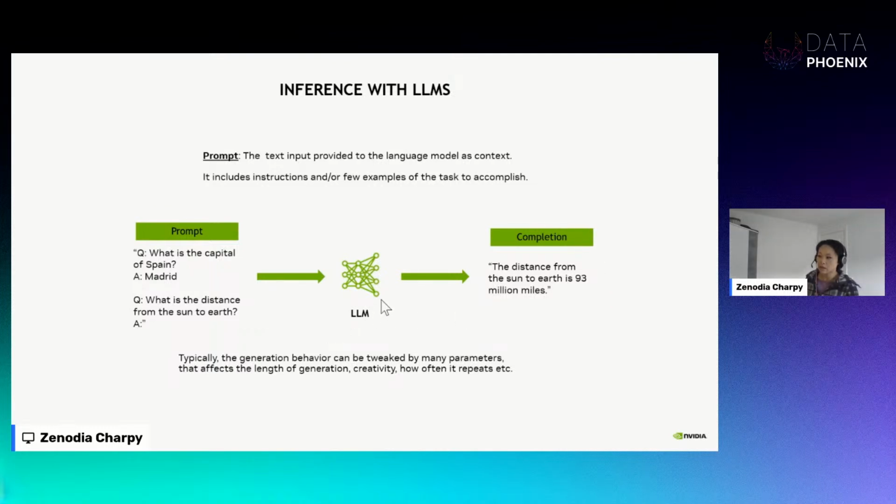There's a lot of things you can tweak when you are making inferences with the language models. There are many parameters, such as the number of tokens you want to generate, beam size, temperature, and so on. In a colloquial way, we say temperature is sort of like creativity. How creative do you want your model to think outside the box and not stay with what you are asking? For example, if you set the temperature high, maybe it will answer something completely different than what you are asking, right? And so on. There are quite a few parameters we need to tweak.